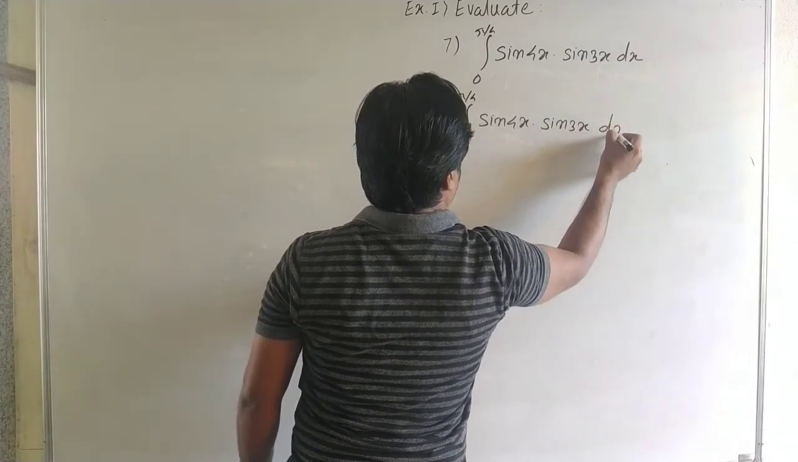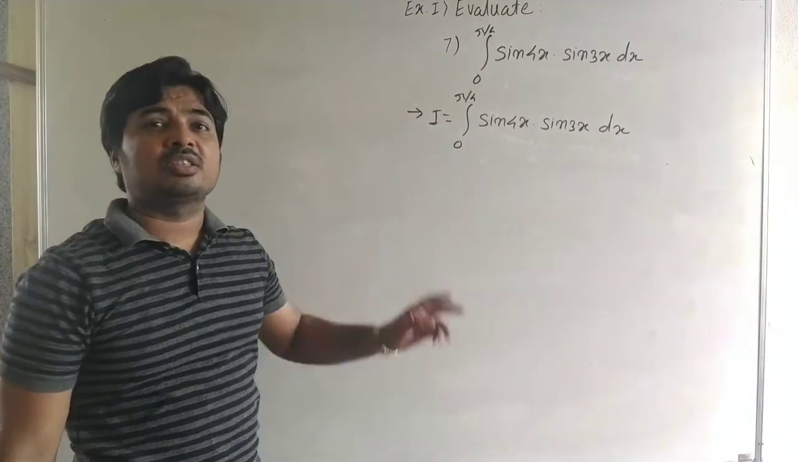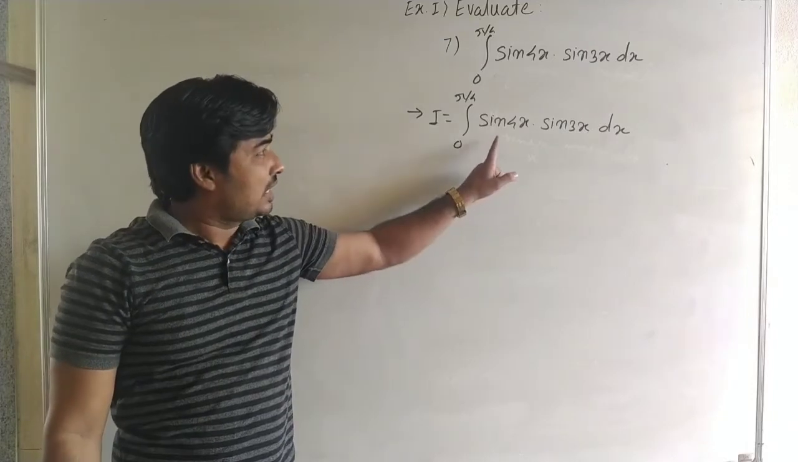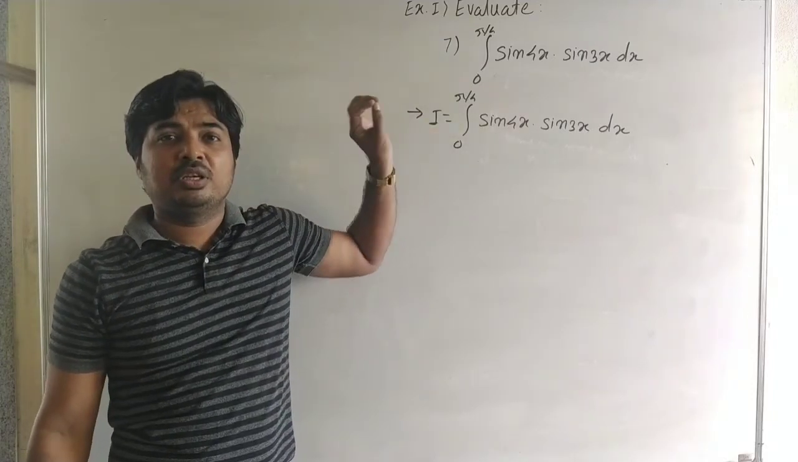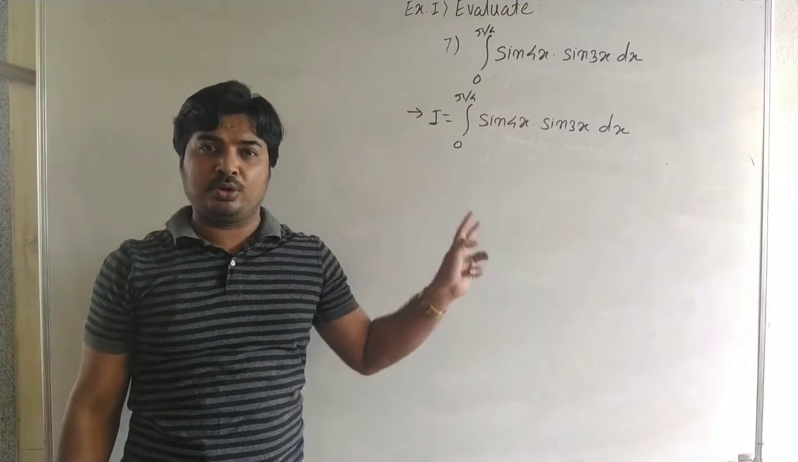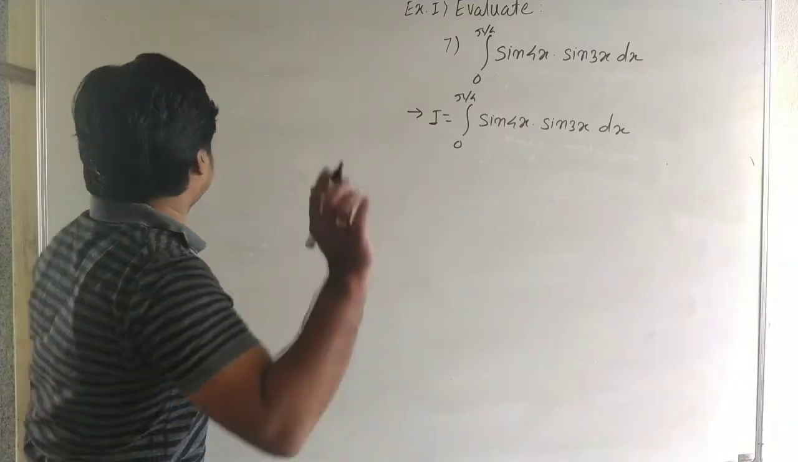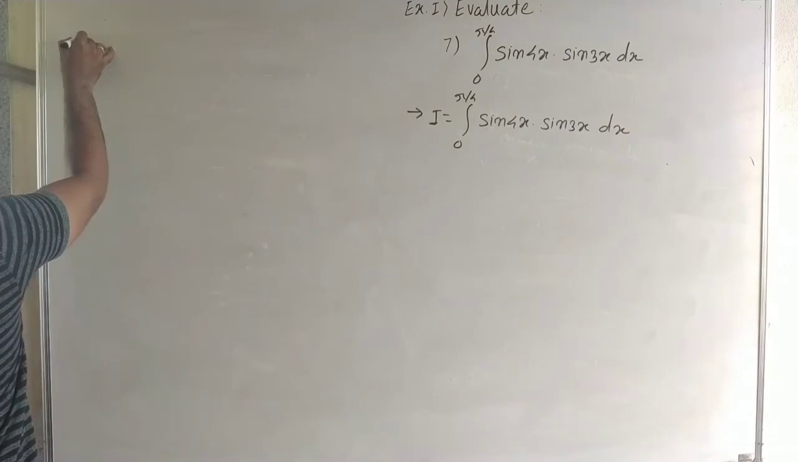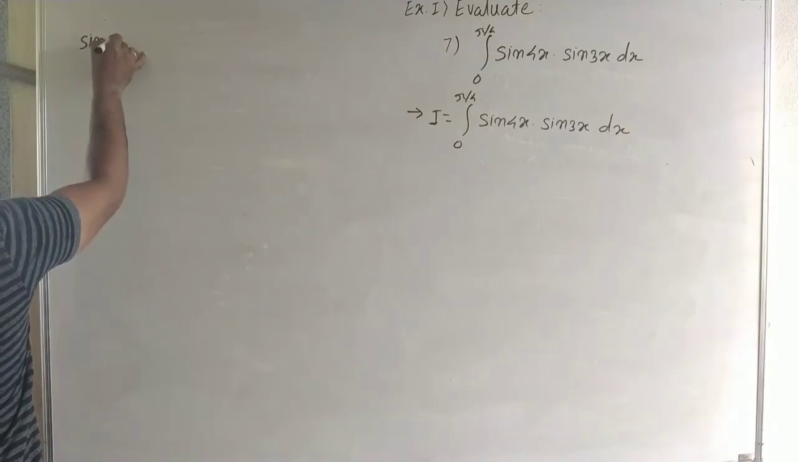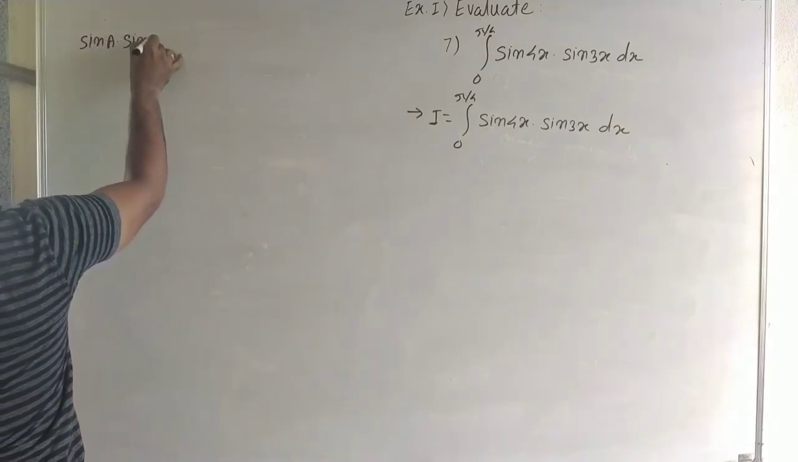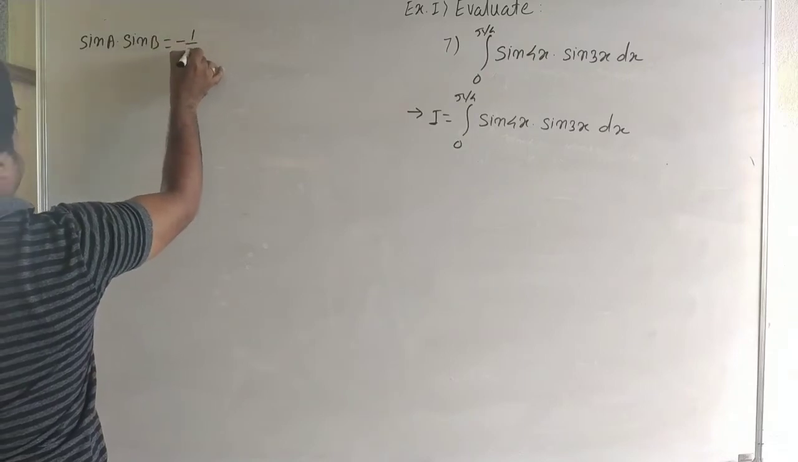Here it is a product of two terms, and both are sines, both are trigonometric: sin 4x into sin 3x. That means here we use the conversion of product into sum or difference. Here see carefully the formula: sin a into sin b is equal to minus 1 by 2